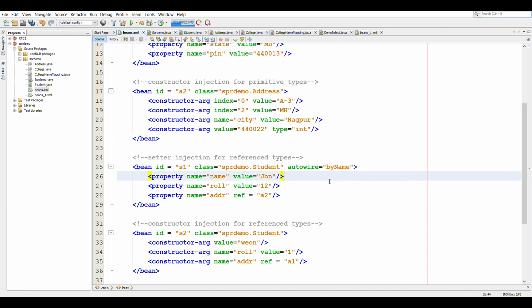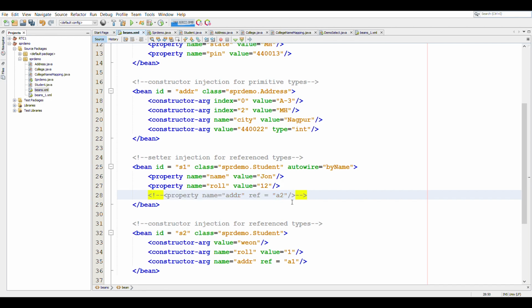Now, since we are using auto wiring by name, we need the reference of this address to be named ADDR. Since the property name is ADDR, that is why we want the bean ID to be ADDR. So this will only work if this bean ID A2 is changed to ADDR.